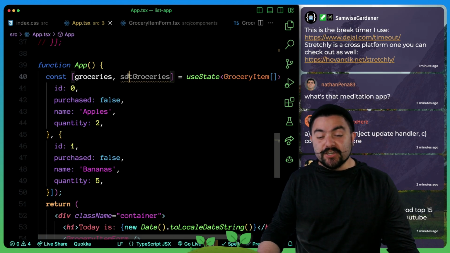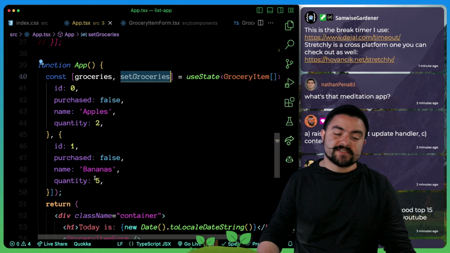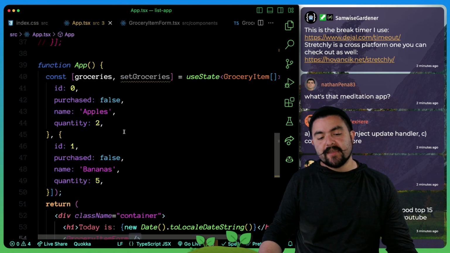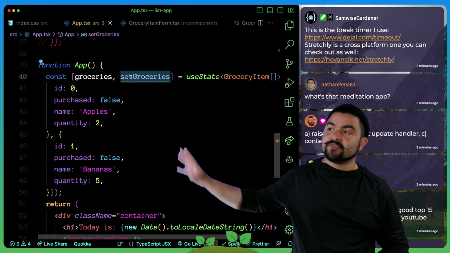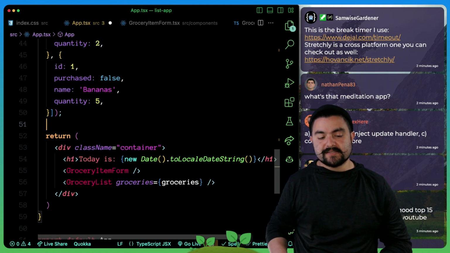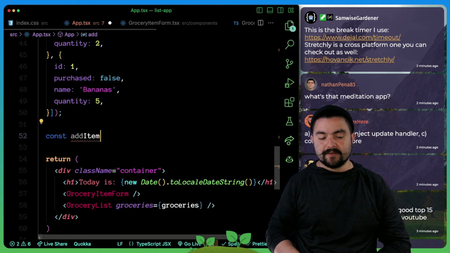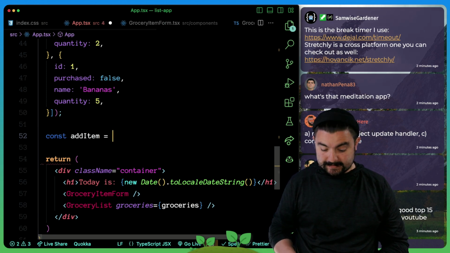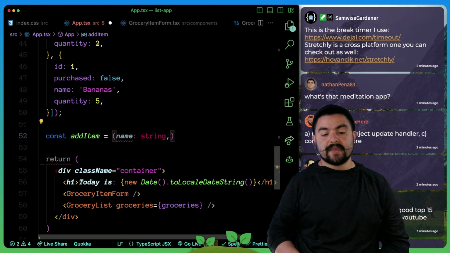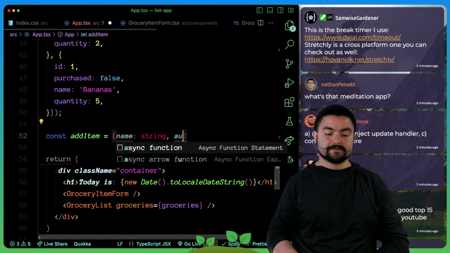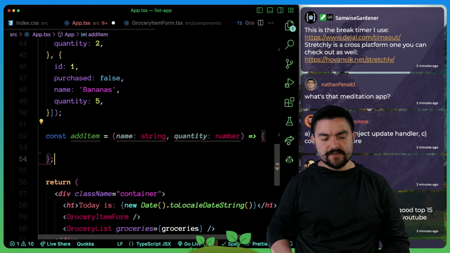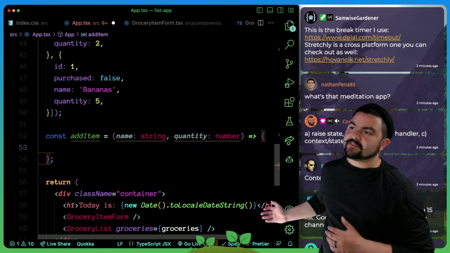And so this setter function is the one that's going to let us put new things into this list. I could pass the setter function down directly, but it actually would be nice if I handled that on the outside and just passed in the function that does it accordingly. So let's have a function called addItem. And this will take in the item name, which is a string, and the quantity, which is a number. And this is going to be a little arrow function, which takes those two things in